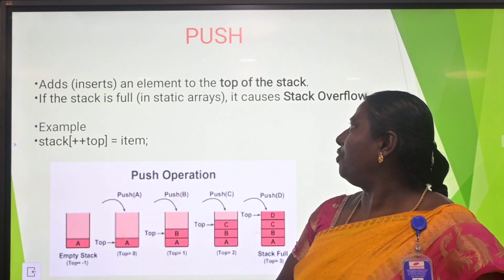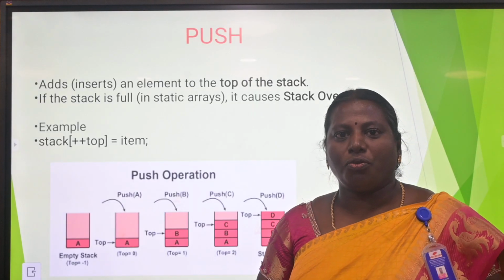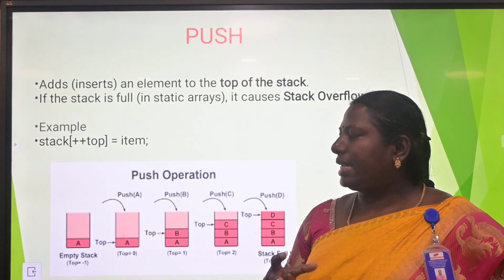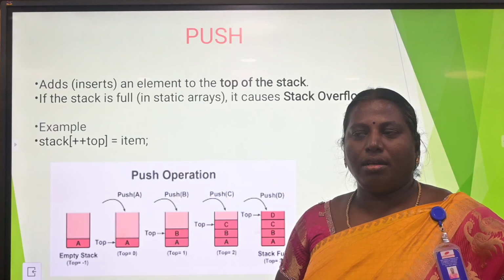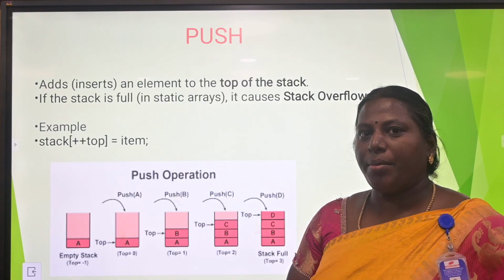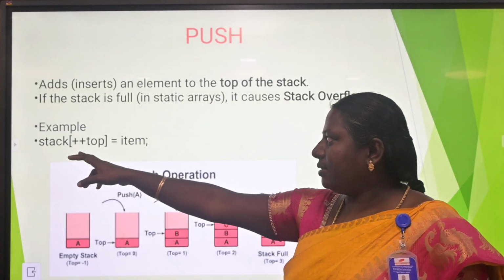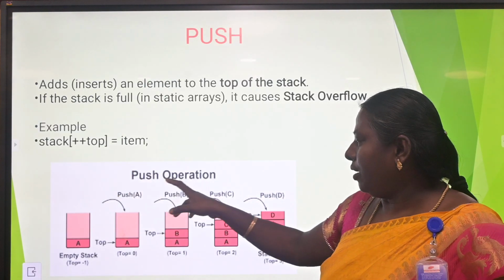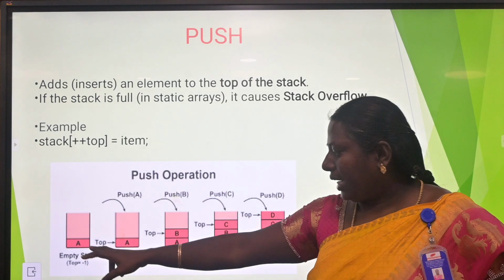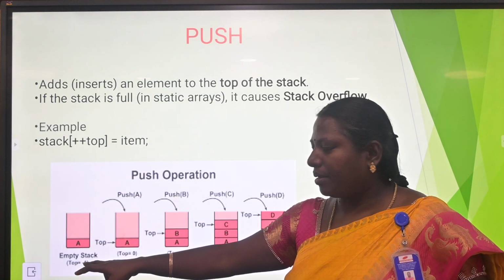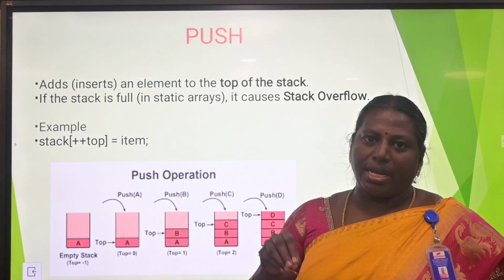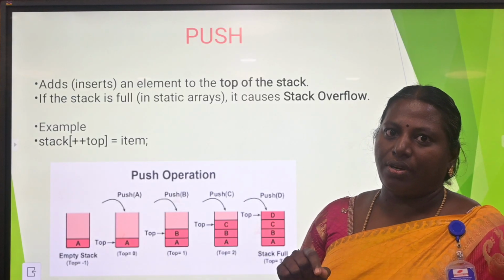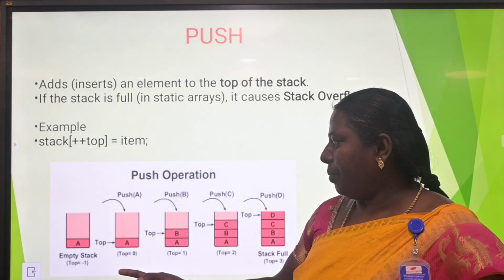If the stack is full, it causes a stack overflow. If the stack is empty, we can add an element into the stack. For example, stack[++top] = item. Then the push operation: consider an empty stack, which means top is equal to -1. Whether top is equal to -1 means the stack is empty.